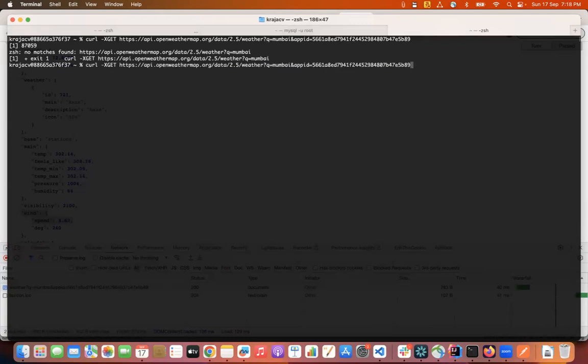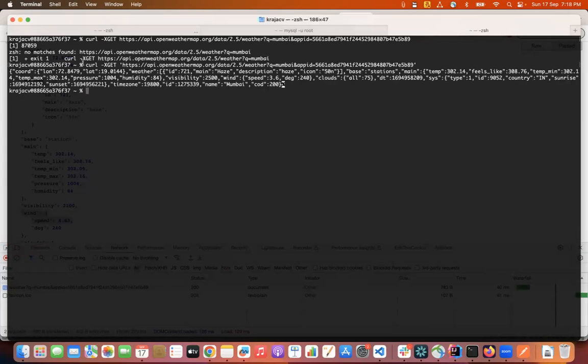Okay. Put the quotes. Right. So curl -X GET, I'm actually adding the entire URL inside a single quote. Now, what is the response? It is again a JSON response, correct? Whatever you see in the browser, whatever you had seen in the Postman, same thing we got via curl command